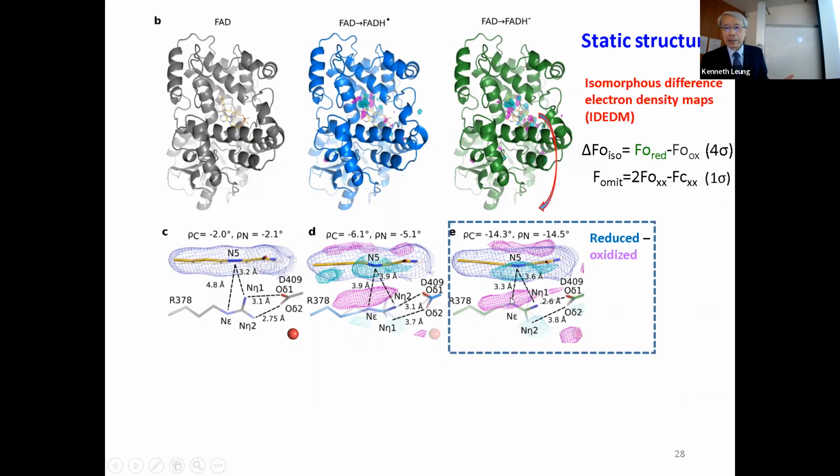For example, between this nitrogen from the protein and this nitrogen on the coenzyme, how much the distance has changed. If you compare this one, it's 3.3 angstrom. If you look at it at the beginning, it is 4.8, and it's 3.9 here. So you deduce these detailed parameters. As an illustration, I'm showing that with one structure, but in reality,